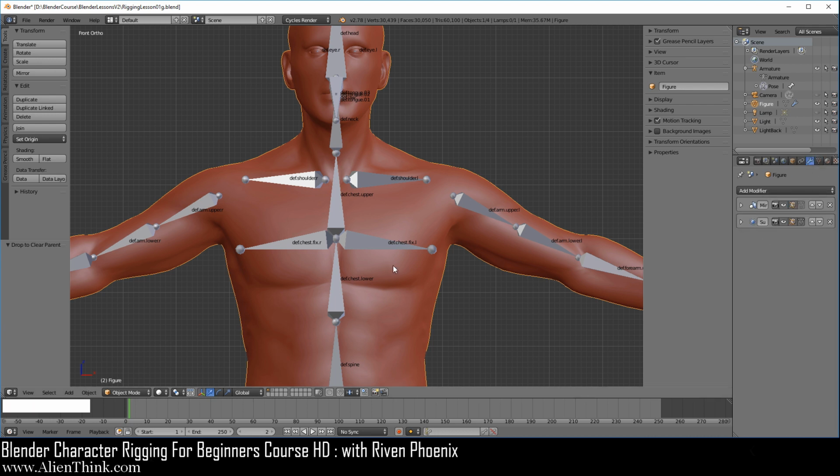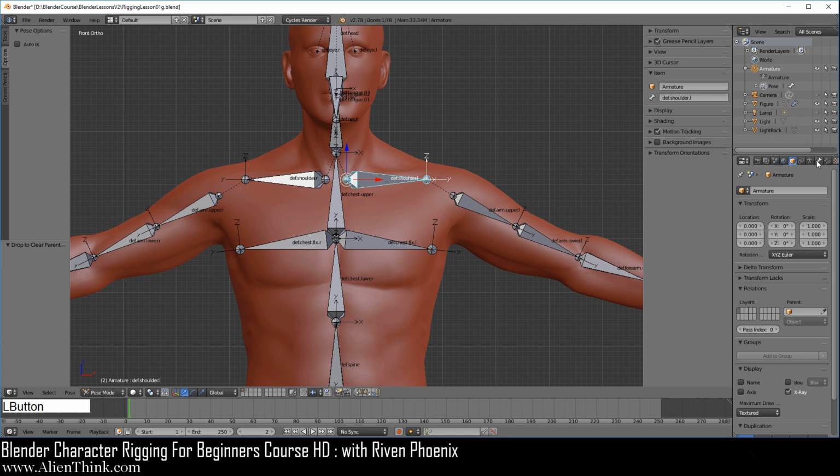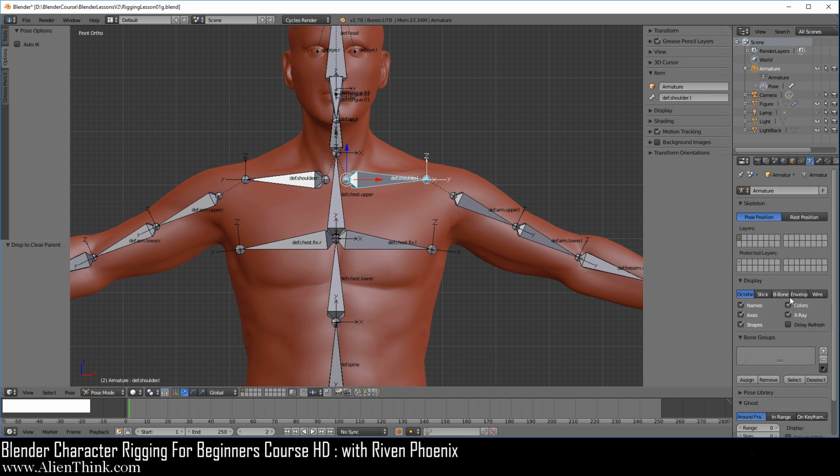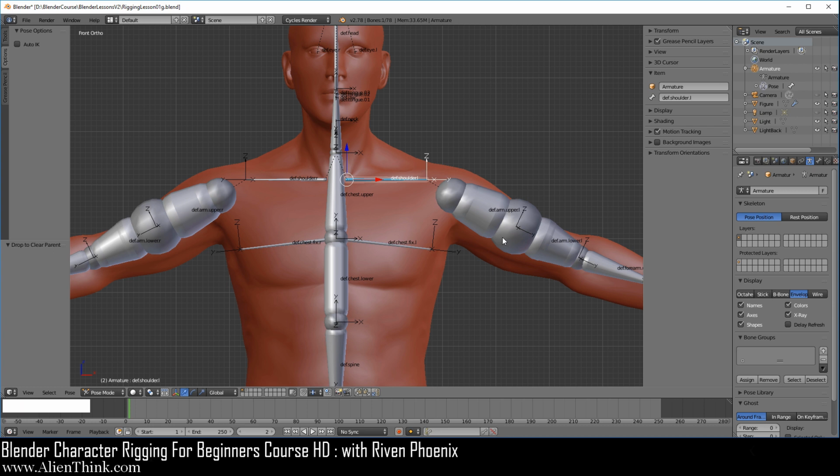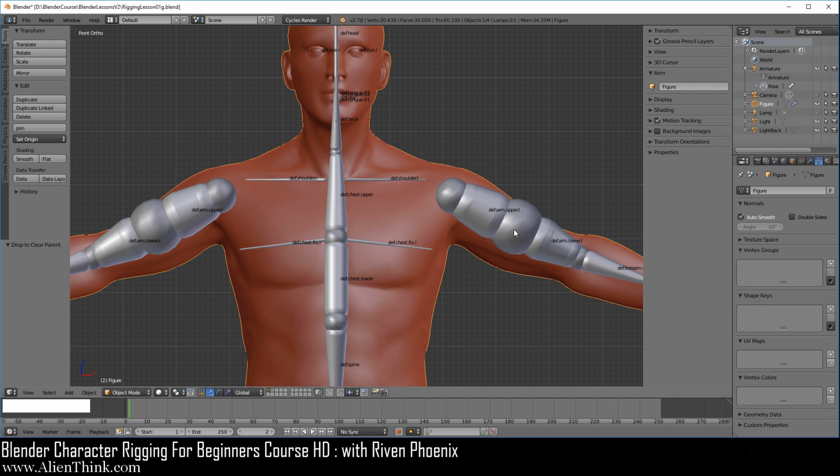Okay, now if we have the armature selected, go over here and click on bone envelopes. You can see that we've been starting to set up these bone envelopes on these bones over here. Okay, so now when you click on the figure over here, make sure it's in object mode.